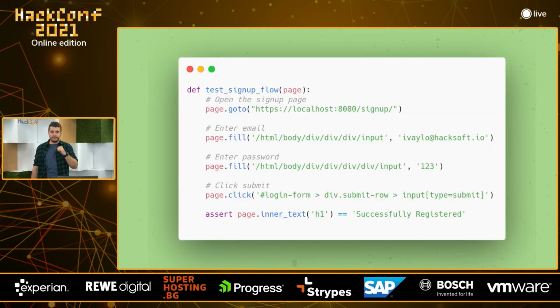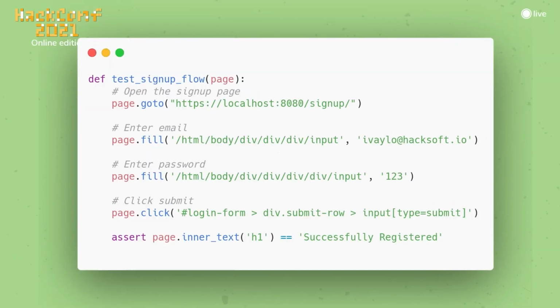And this is how our first test looked like. If you're an experienced QA or have any experience with testing software, you can spot some pretty bad practices, but it took us like 3 minutes to write this, and it worked. What is happening here is actually a Python test that is opening the sign-up journey. It is entering an email, a password, pressing a submit button, and then asserts that on the screen you see a successfully registered modal or something.